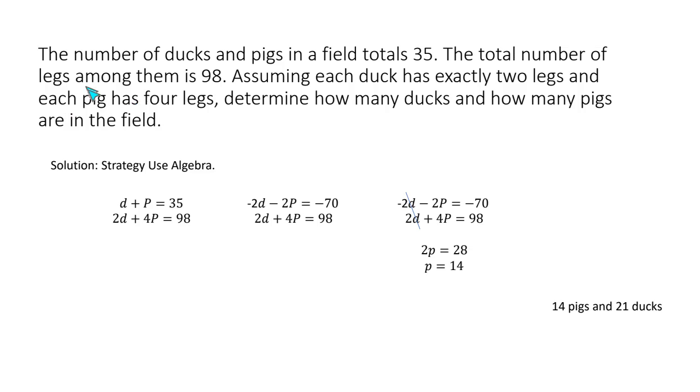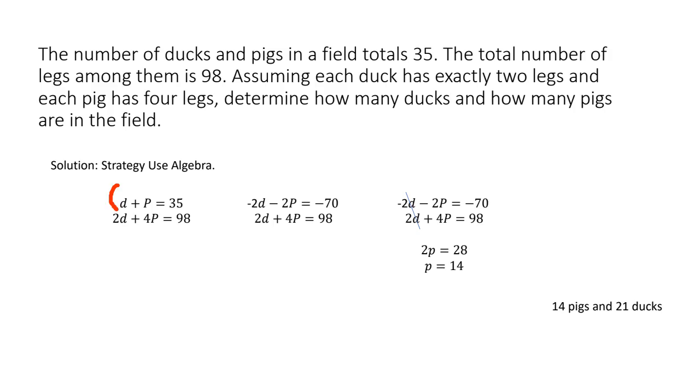Then they tell me that the total number of legs is 98, and the ducks have 2 legs and the pigs have 4. So my ducks have 2 legs, my pigs have 4 legs, and all together I should have 98 legs, okay? This is a system of equations, and we're going to solve for the variables. There's different ways you can approach it. I'm going to use the elimination method, which means multiplying